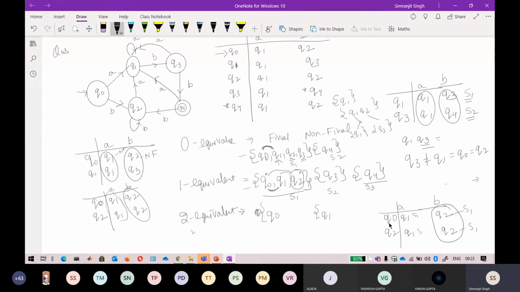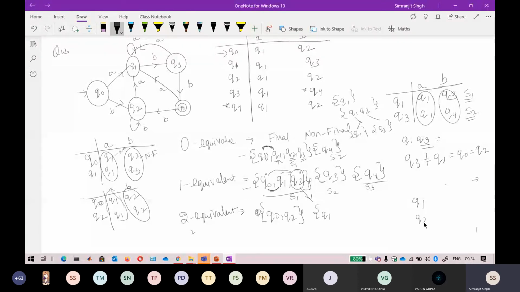So I know that this Q0 and Q2 are equivalent, so I am placing the equivalence here. Okay. So I know that if you check this, it will be equivalent to this. If you check this, it will not be equivalent to this. Again, if you have any doubt, we can check this also. Okay, so if I find the equivalent, I know that this will be only equivalent to this. If you check with Q1, they will not be equivalent. Again, if you have any doubt, we can check it again.